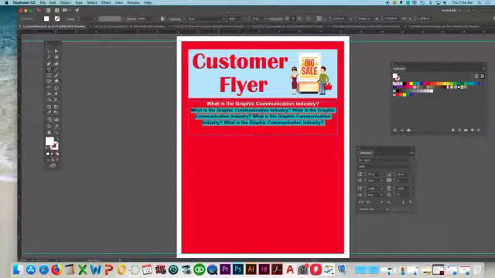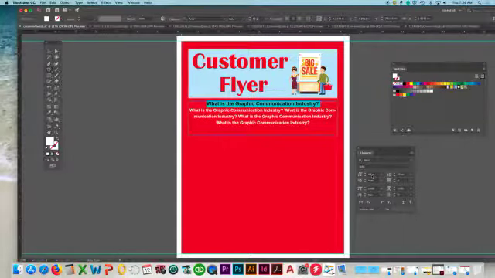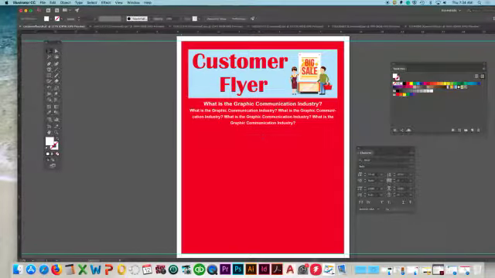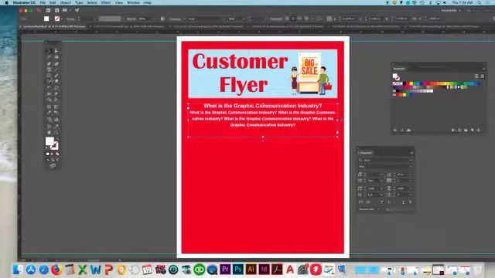So for me, I want the definition a little smaller, and I want this a little bigger. So this would be like a subhead, and this would be the type. And we don't need to go that big. Okay. So I've got customer flyer. What is the graphic communication industry? And then I'm going to do 4 little boxes,